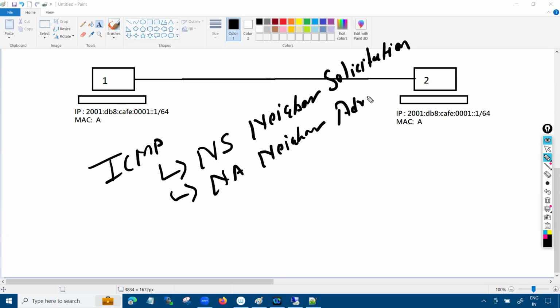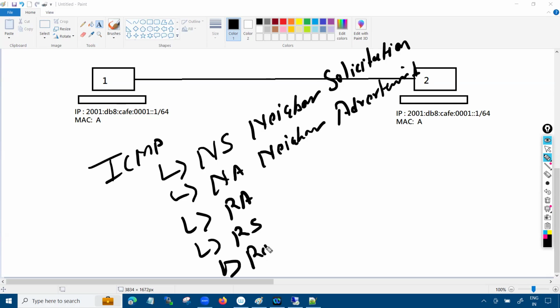Apart from these two messages, we also have other types of messages in ICMP that we'll discuss at the CCIE level, like router advertisement, RA, router solicitation, and redirect messages. We'll discuss these at the CCIE level. But the most important thing you need to understand at the basic level is neighbor solicitation and neighbor